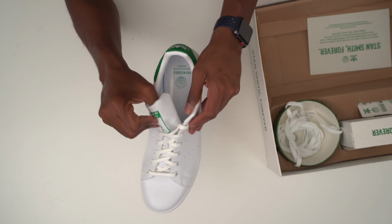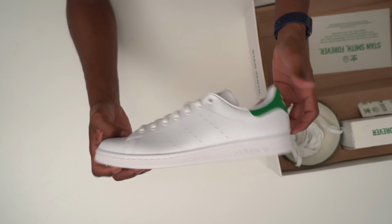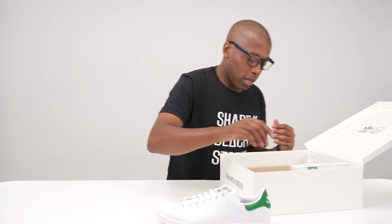But it's nice. I think this looks nice. A Stan Smith is obviously a classic shoe, and it's always nice. Something that you should definitely have in your collection. So they did a good job with these. And here they have